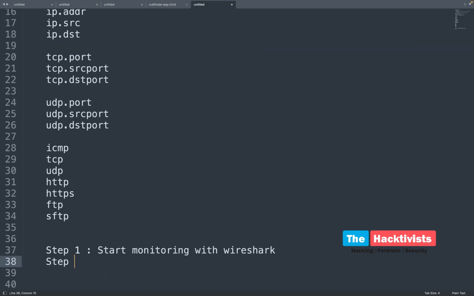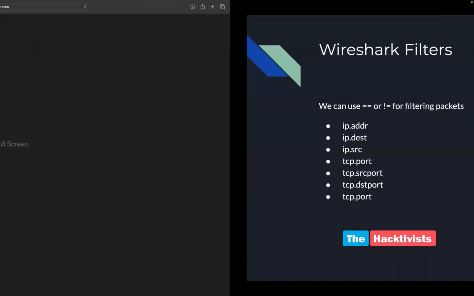Before going forward or after executing the thick client application, you do not need to open Wireshark, because typically many of the packets might have already been sent. So the first thing will be to open Wireshark and start monitoring with it. Then our second step will be opening one of the other applications, which is this application,